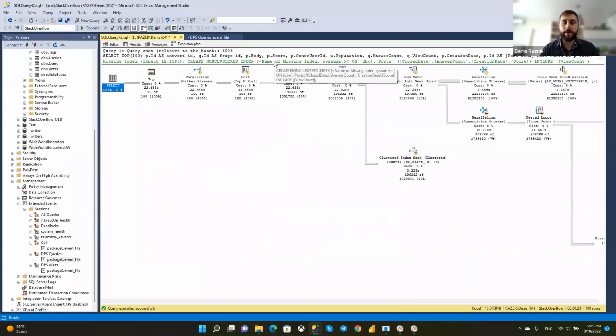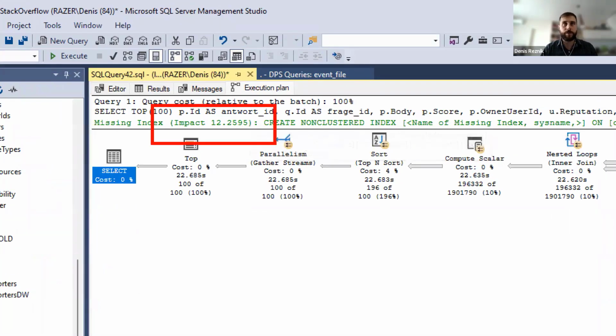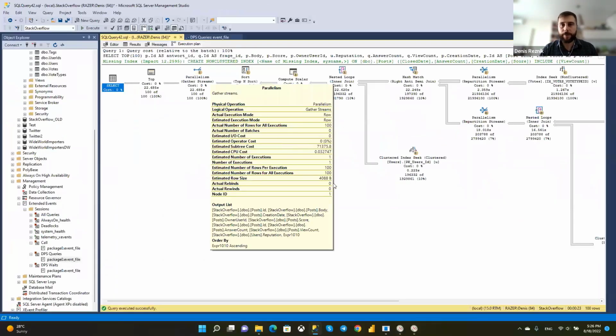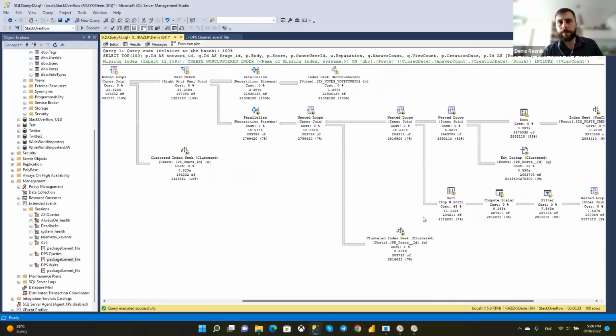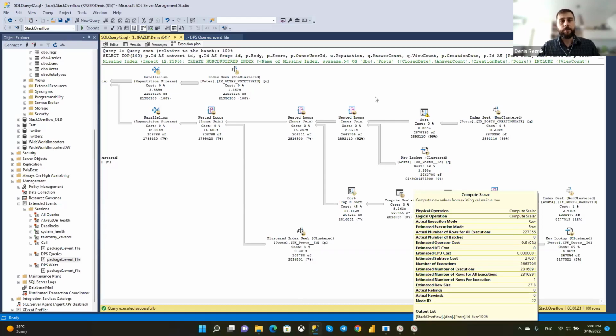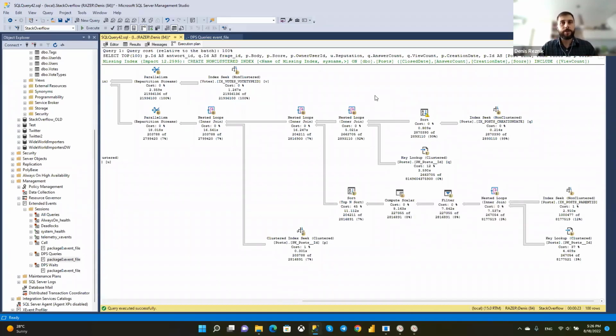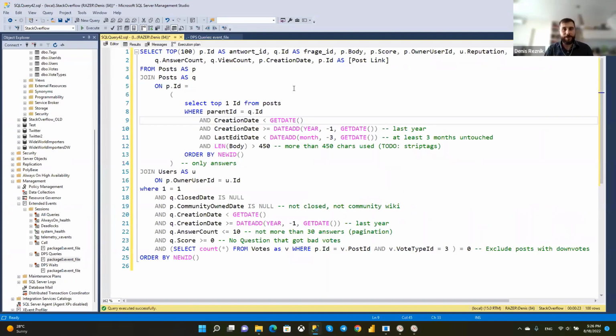It suggests some indexes with a possible impact of 20%. Every number which you see here is based on costs. It's not based on real execution. So everything needs to be checked. The query plan is pretty big, pretty complex, and of course we can go inside. We can track how data flows, where the heaviest parts of this query plan are, and go from here. This is actually my approach, which I love to use and which I usually use.